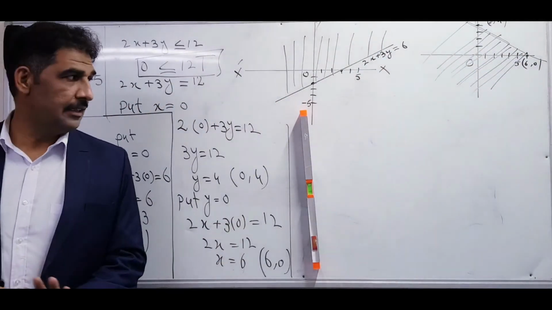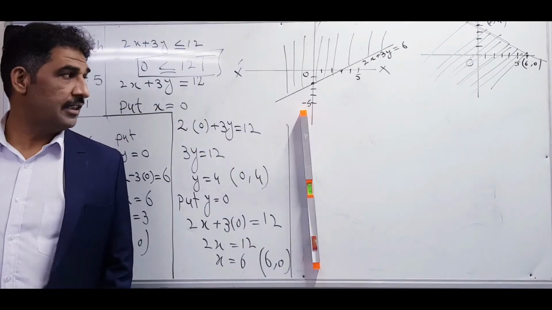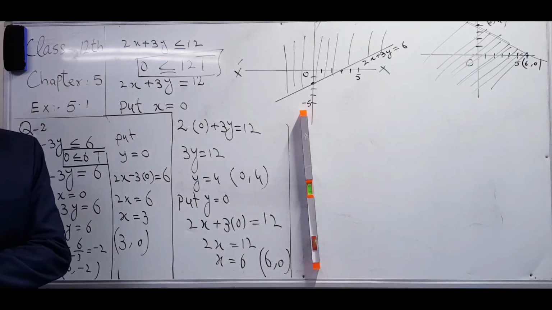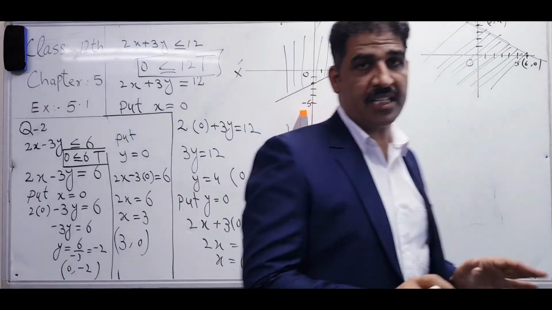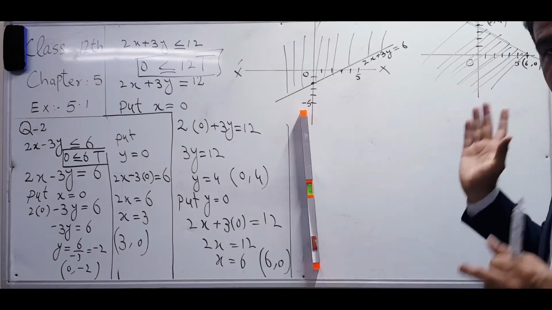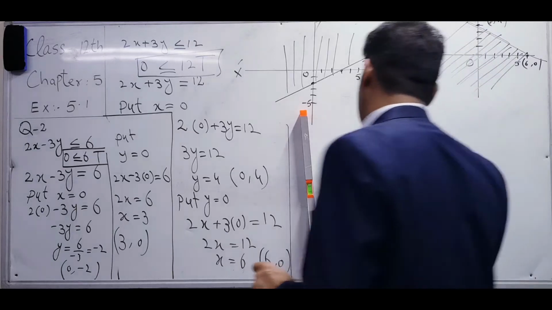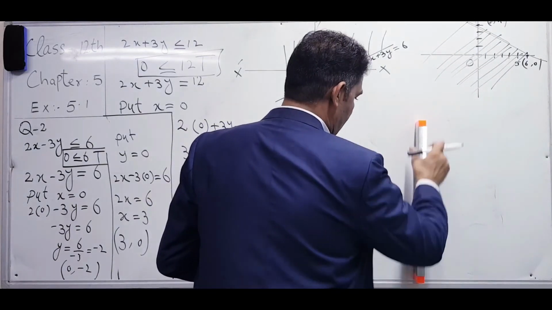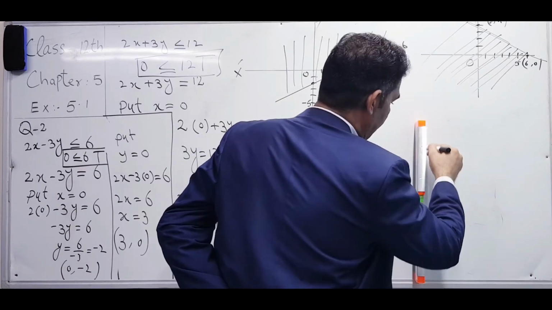Clear? Till here was your previous lecture, 5.1 question number 1, a single line. Now we have to combine both lines in a single graph paper. When you become an expert, there is no need to draw like that. You can directly draw a single diagram, but at that time you need more practice. So now I am going to explain how to draw a single diagram of both lines.